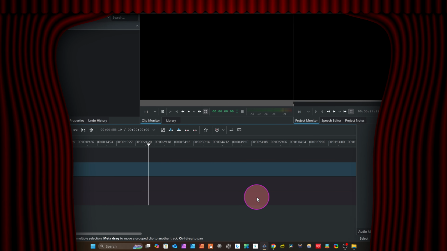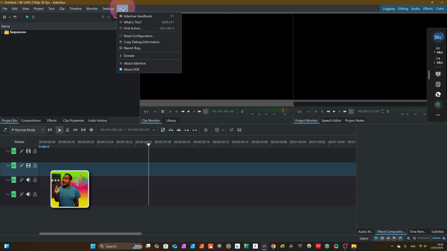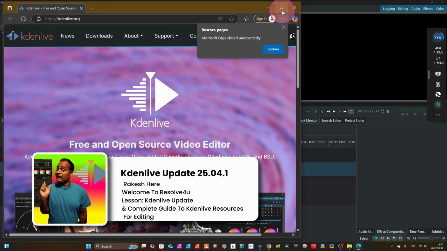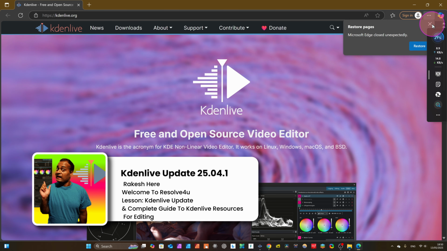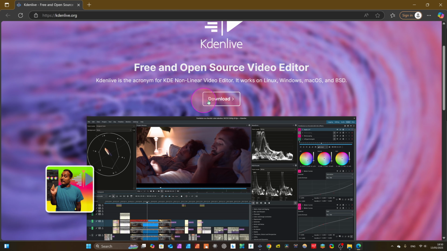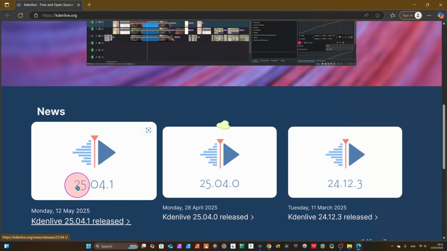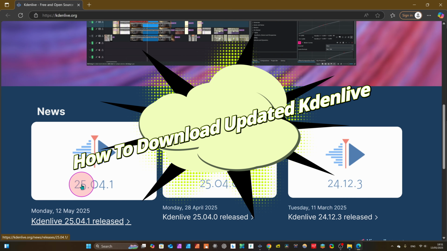Hello dear friend, there is a major update for Kdenlive. For this update, let's come here to check about Kdenlive, and we come to the site of Kdenlive. You can see here we are now inside Kdenlive. Here you can see free and open source video editors. Come here, and this is actually our update